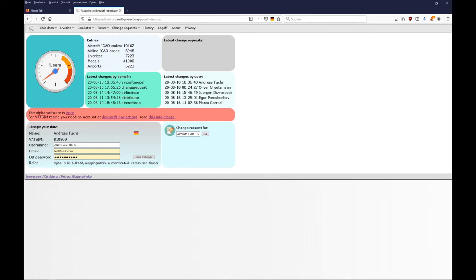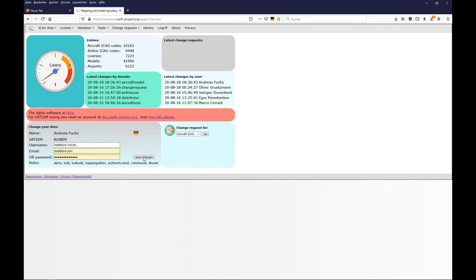On this page, if you go to change your data, you can fill in these 2 optional fields. You don't have to, but if you do that as well, it's a COM4 item. If you fill in here your email address and then choose a password here, up to your liking, it doesn't matter what it can be, and then you save the changes,